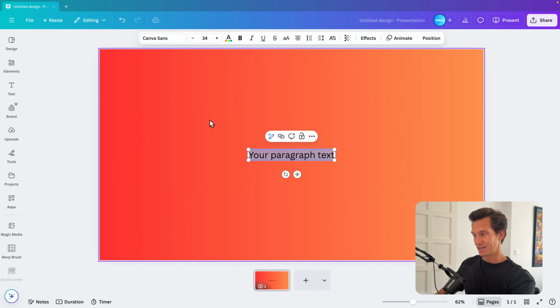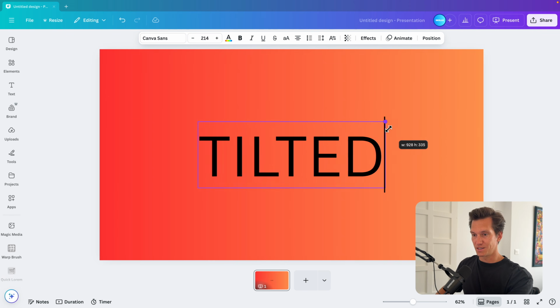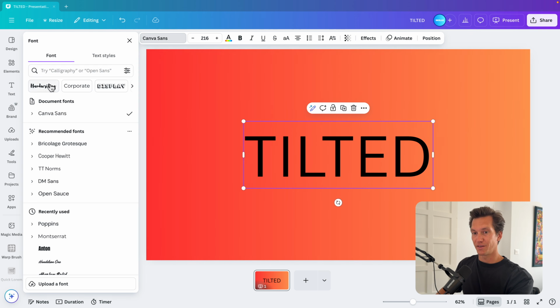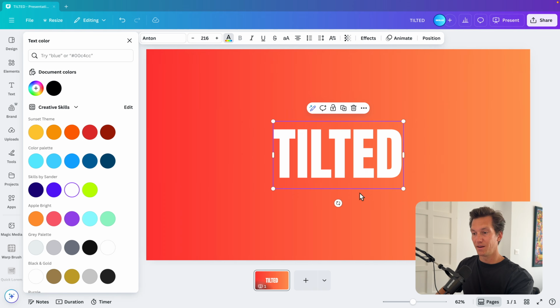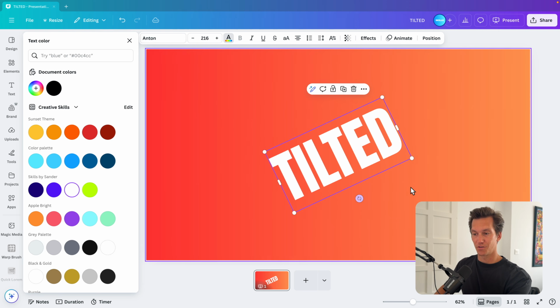Then press T to add some text and then let's type in tilted, the word, and increase it quite a lot. Now I'm going to use a font called Anton and then add it to the slide. Let's make it white. And now if we want to have that tilted effect, if we turn it like this,